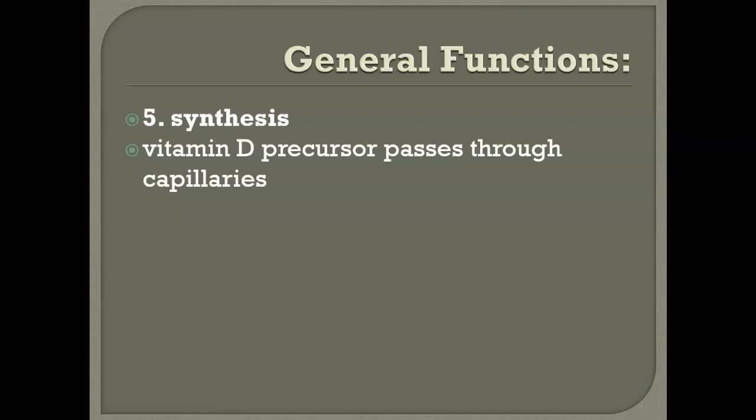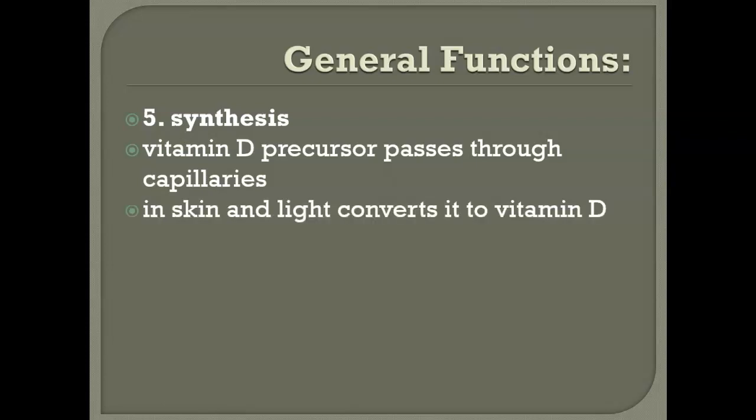It's very important, but in your skin, you get a precursor in inactive form produced within the gut. It travels through the bloodstream to the skin, and in the skin, the sunlight then activates or converts it, and then it goes back to the liver, and the liver utilizes it and turns it on. So,